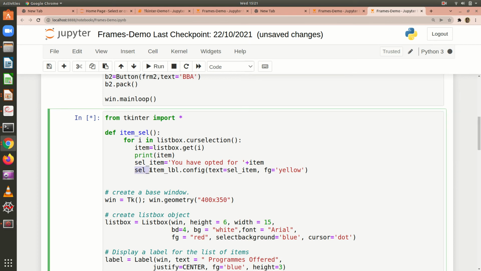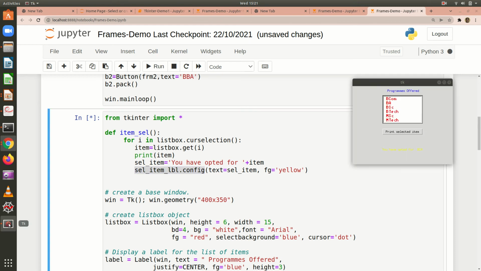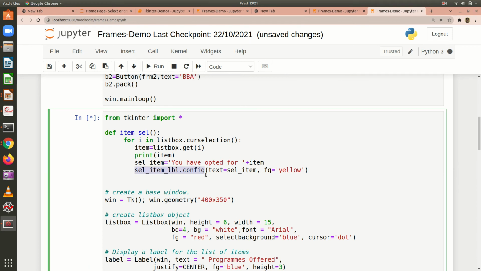Then you can observe here I use the .config function of the label widget. With .config, I assign values to the options, right? So during the execution of the program, if you want to assign a value to any of the options in a widget, you can use the .config method.